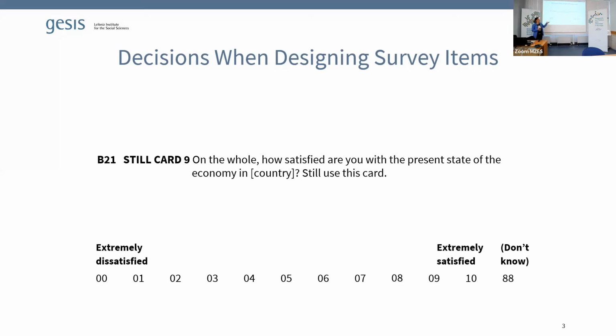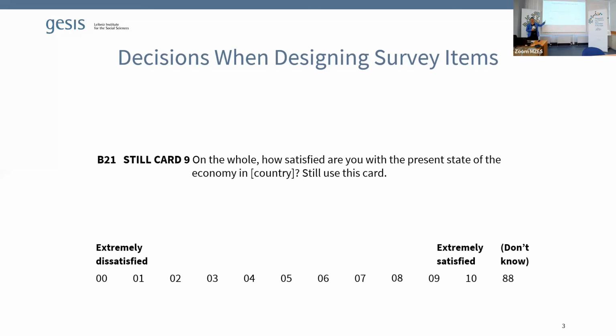And you have a question like this one, which is from the European Social Survey. On the whole, how satisfied are you with the present state of the economy in country XYZ? Still use this card. And then you have a response scale of 0, extremely dissatisfied, ranging to 10, extremely satisfied. Seems like a simple question, but there are so many decisions that maybe consciously or unconsciously have been taken